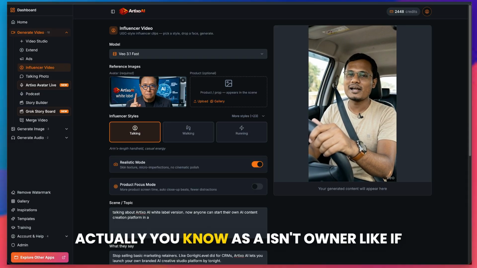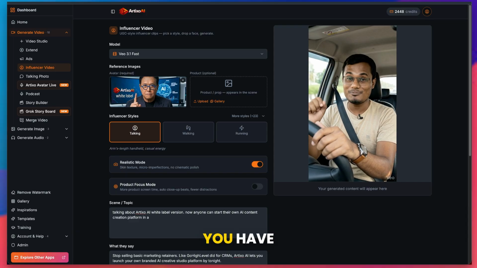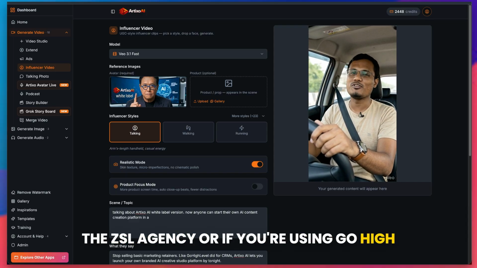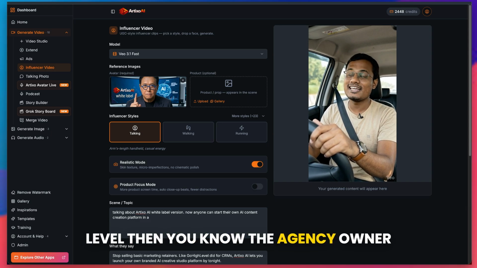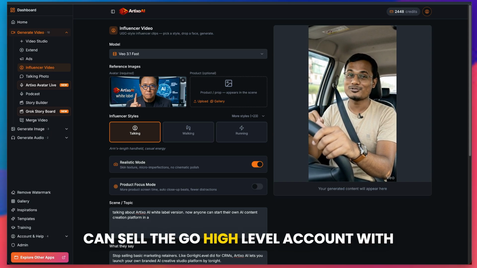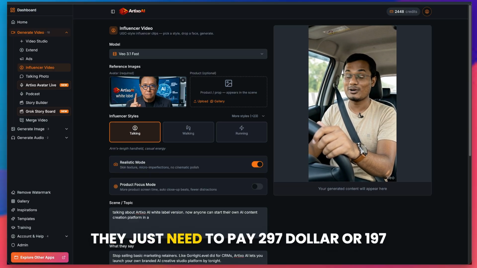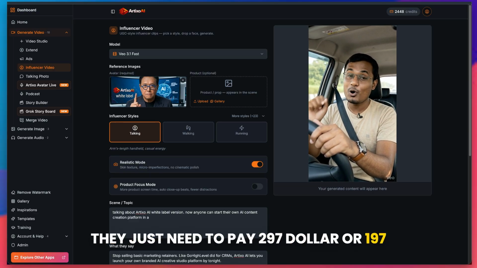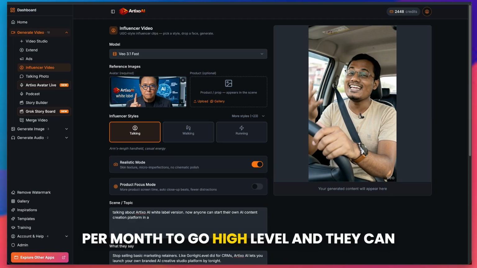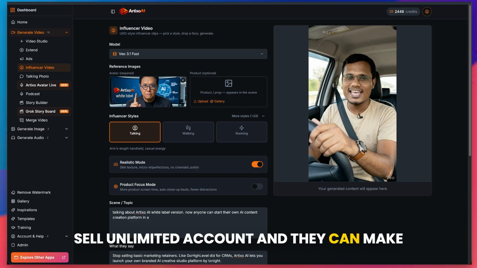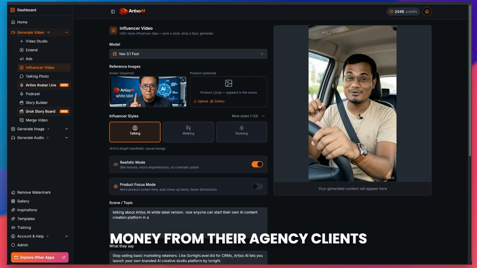As an agency owner, if you have a GSL agency or if you're using GoHighLevel, then the agency owner can sell the GoHighLevel account with their own pricing. They just need to pay $297 or $197 per month to GoHighLevel, and they can set up unlimited accounts and make money from agency clients.